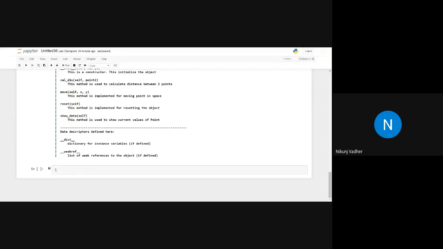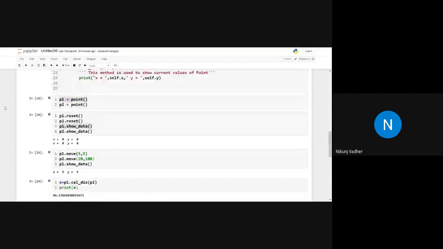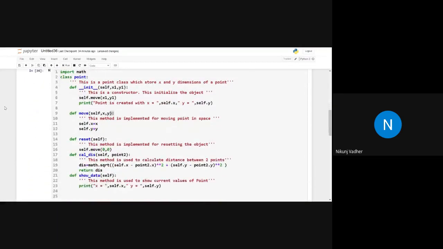Anyone? Let's say point 3D. Okay, and we will use the already implemented class point.